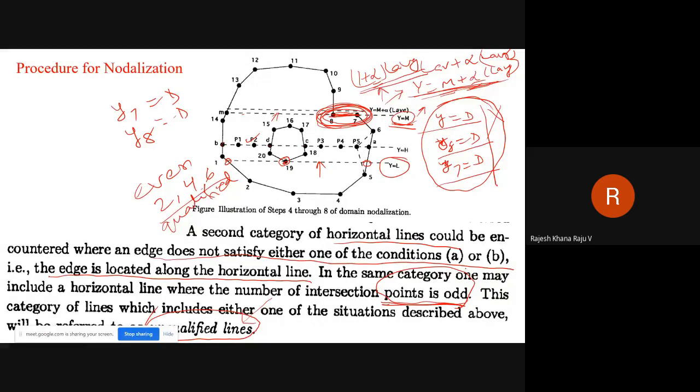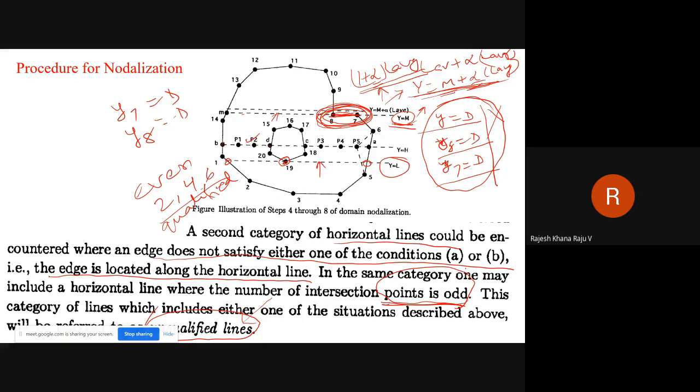So by doing so, what happens? Now the intersection point is a single point rather than passing through 8 and 7. Because of which, the problem we were encountering previously is now avoided. That means now this particular line has 2 points of intersection rather than 3 points of intersection. So likewise, we have to overcome the situation.